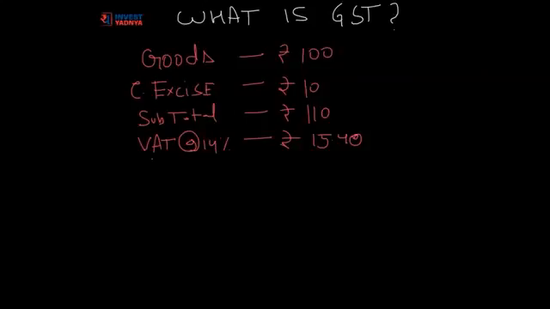To understand this better, let's take an example. We already know the central excise is applied on the manufacture of the product, and VAT or sales tax is applied on the distribution of the product. So here the good is priced at 100 rupees and the central excise is at 10%, which makes it 110. Now VAT is applied on that 110 at 14%, which comes out at 15.4, which basically takes the tax to 25.4, and our product goes from 100 to